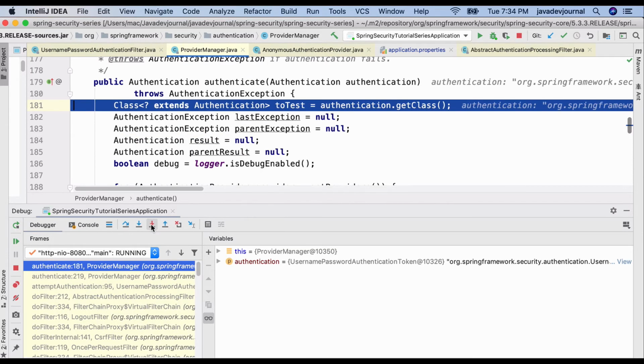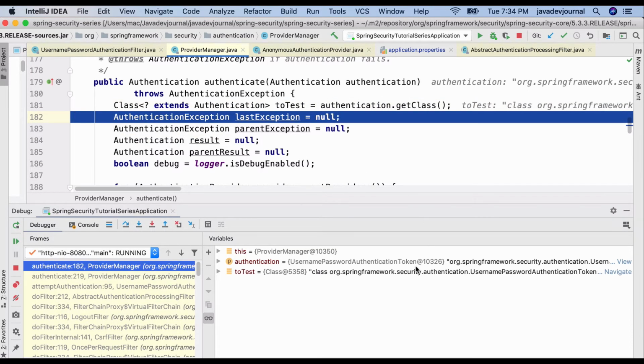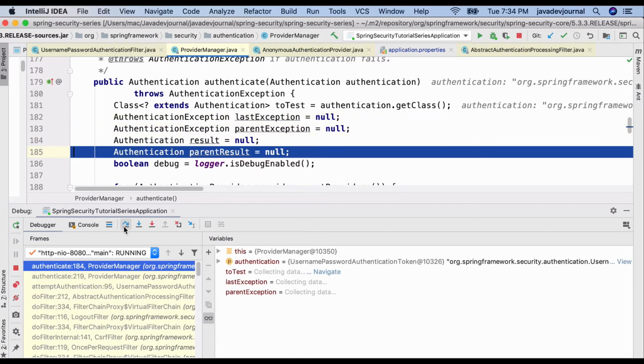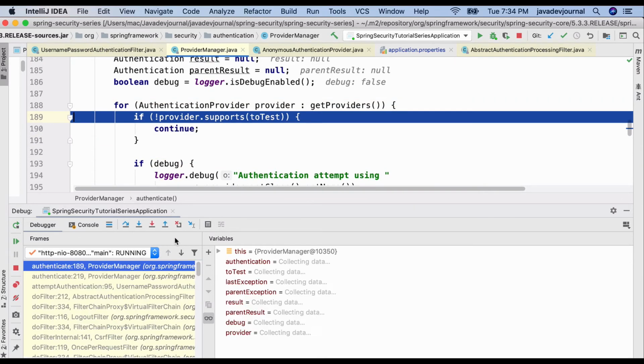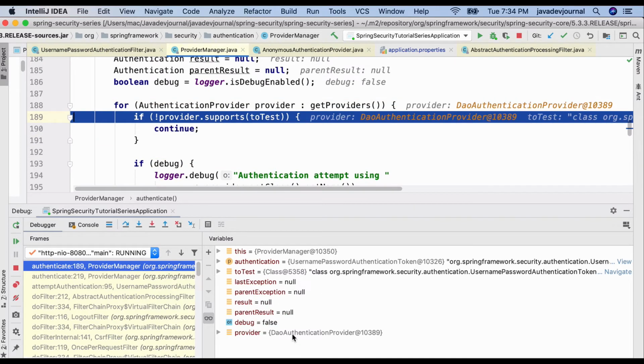So let's see. Now if you see, the authentication is again the username password authentication token, so our interest is again the provider. Now our provider is the DAO authentication provider, right?